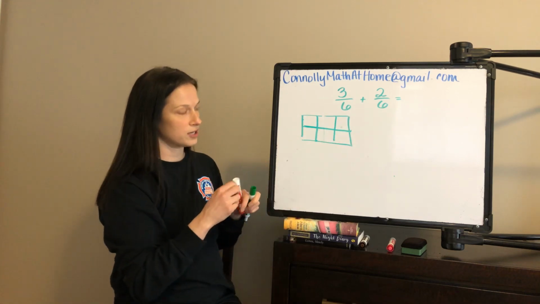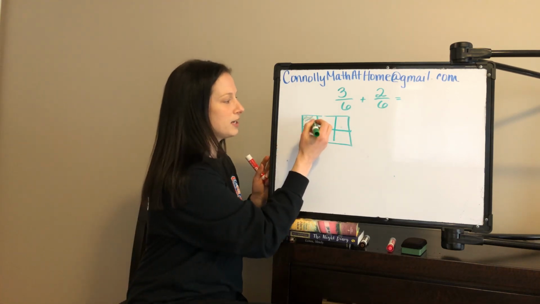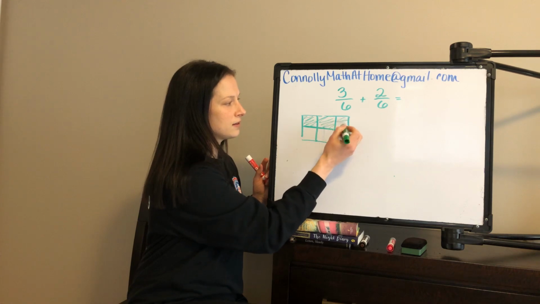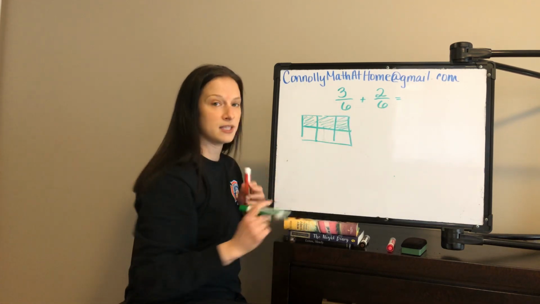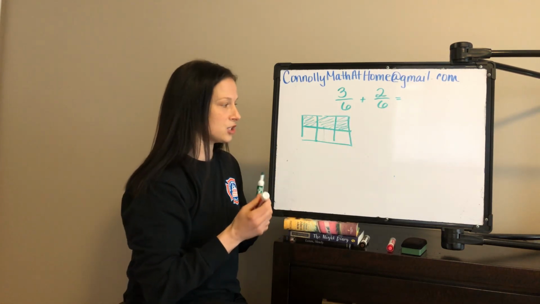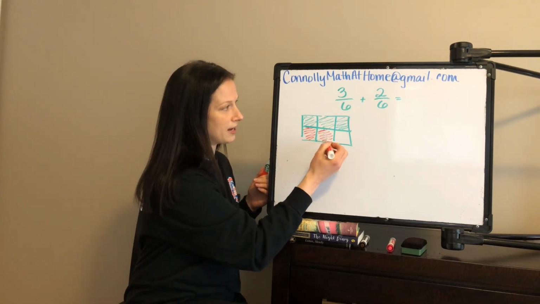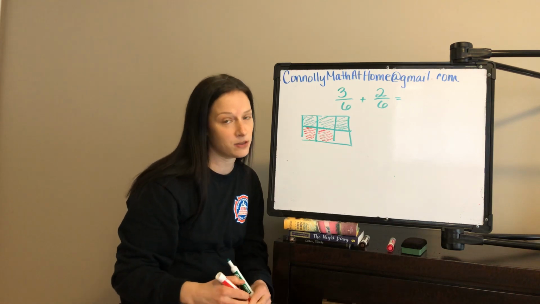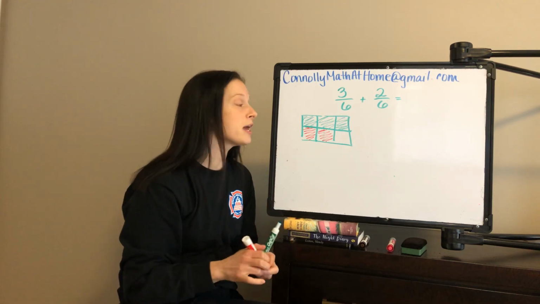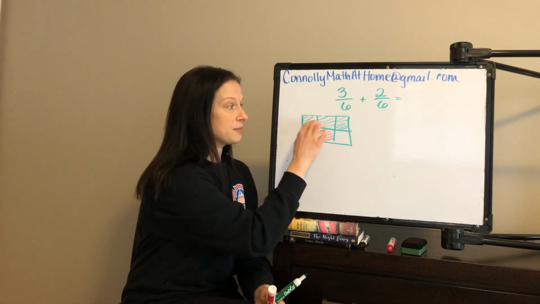I'm going to shade in 3/6 in green. And since I'm working with the same size pieces, I can shade in 2/6 here in red. So when we think about the total, when we combine the two amounts, we see that 3/6